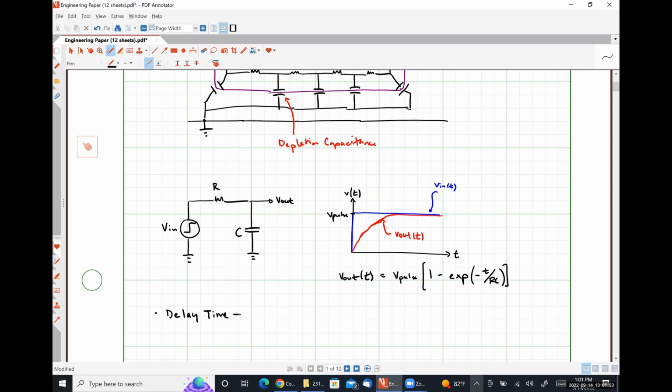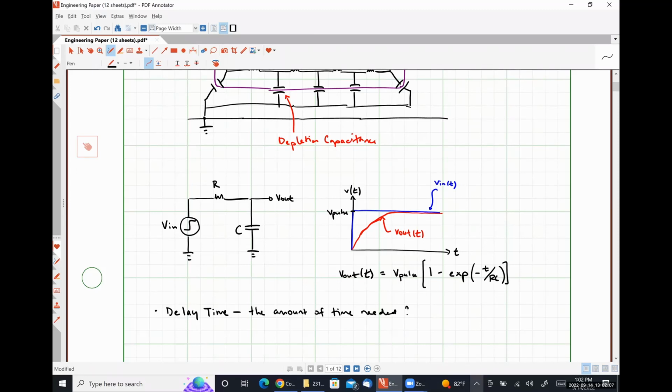So the delay time is the amount of time needed for the output signal to reach 50% of the input signal level. Or